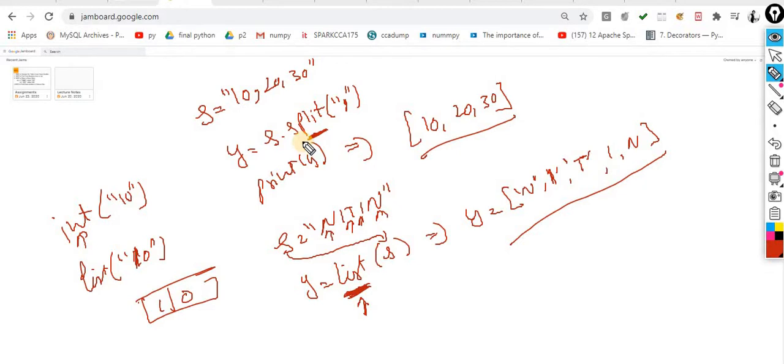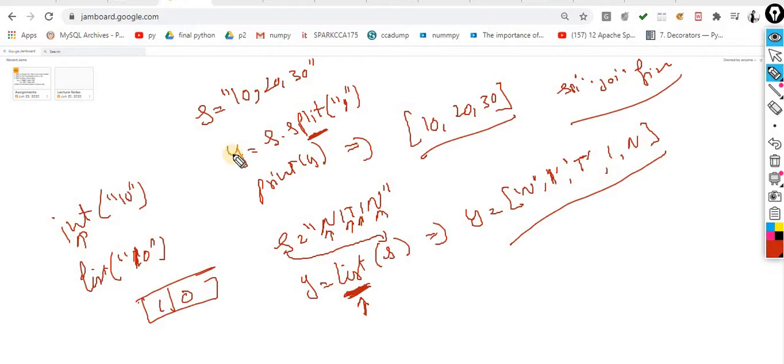Now the next one is the methods which are associated with the list, the various methods by which you can process the list. We already know what exactly the meaning of a method is. In the case of strings, we saw n number of methods, something like split, join, find.